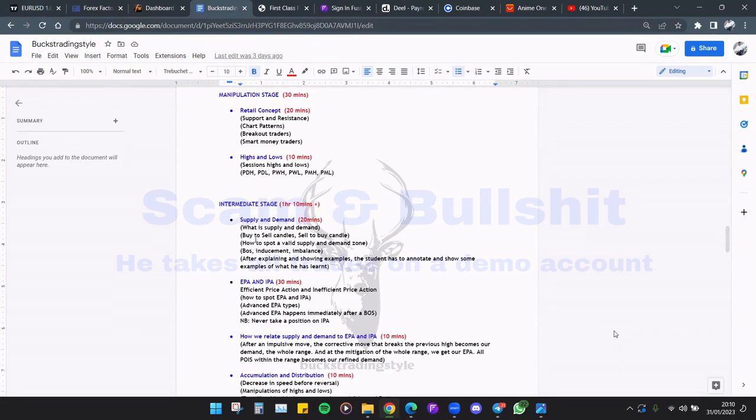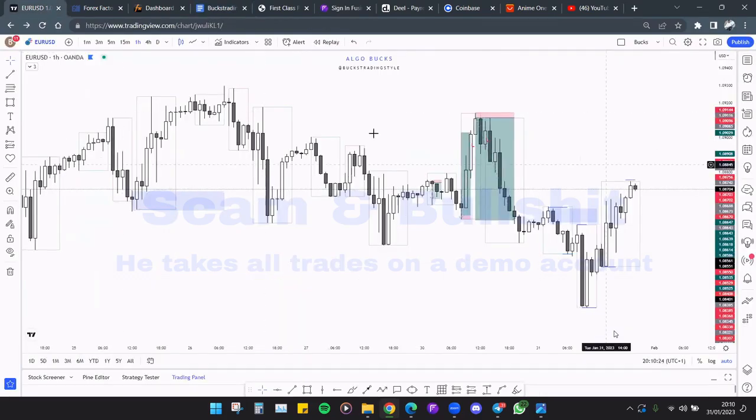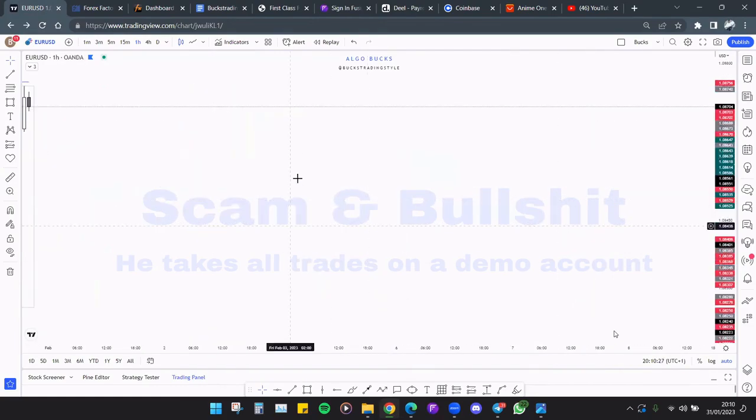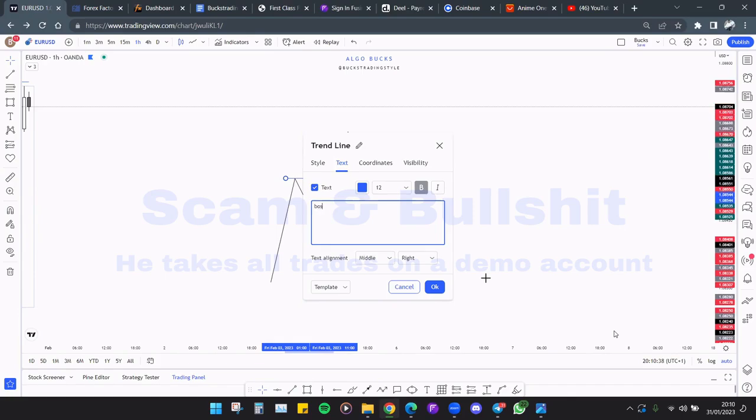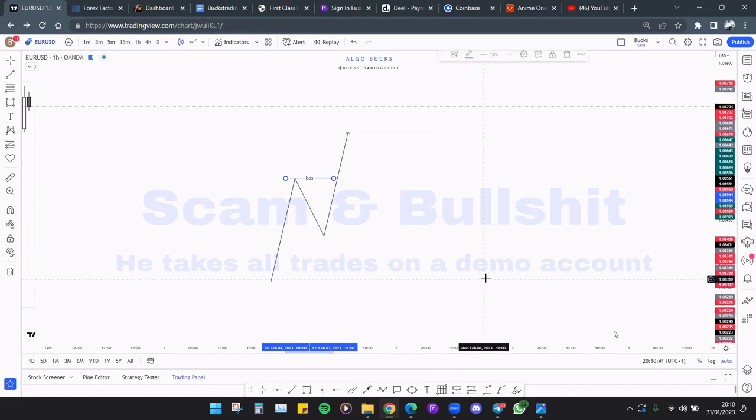Yeah, liquidity needs to be there. Exactly. So now, how to spot a valid supply and demand zone? First of all, we want to see a break of structure. So let's say this is an uptrend, right? We want to see a break of structure, a BOS. We want to see this. This is number one, right? We want to see this first. The next thing